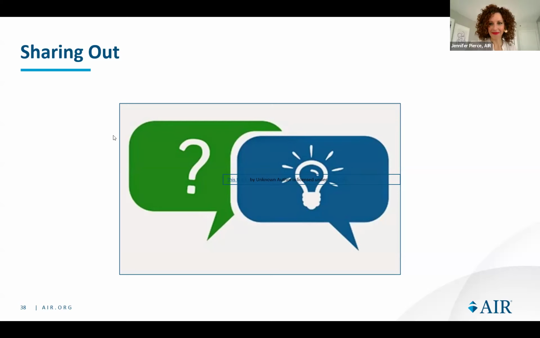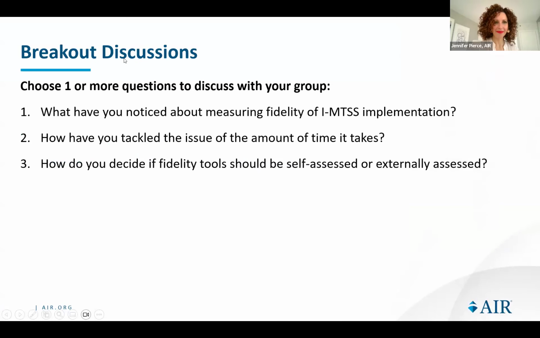I'll share out for room 2, I think it was. We talked about the question of external versus internal facilitation of fidelity measures, and had a good conversation about it. It kind of depends on where we are in the process. We might need more external facilitation to support the team in having good quality conversations versus just going through the motions of checking boxes and scoring.